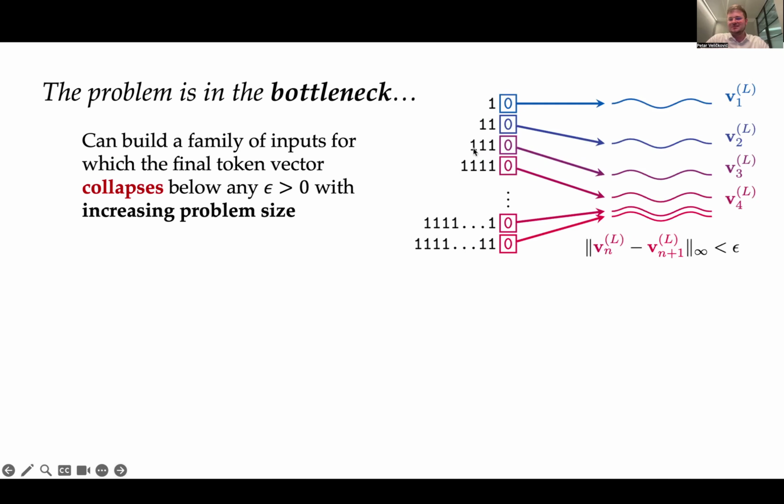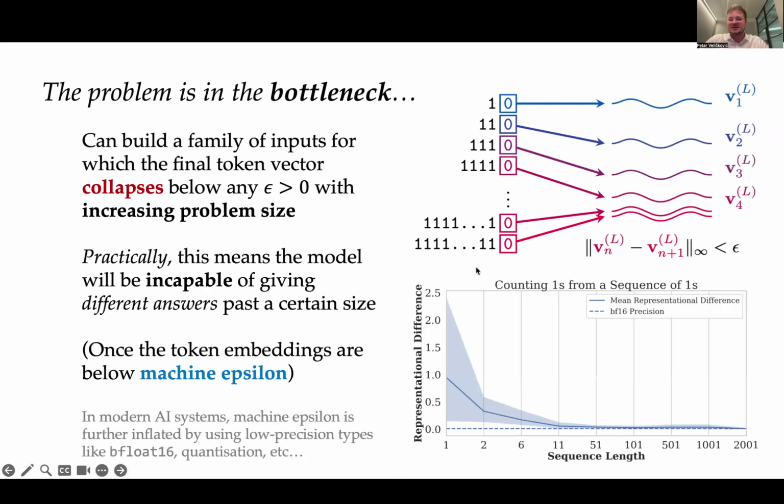So one typical example you can build is a bunch of ones followed by a 0. This is an example we looked at. And the embedding of that last 0 gets closer and closer together as you go through this family. And in the infinity norm, we can take it below any epsilon we want. We just need a sufficiently large number of ones. Okay? And I hope you can now see why this can be a reason why models might not perform so well when length generalizing, because